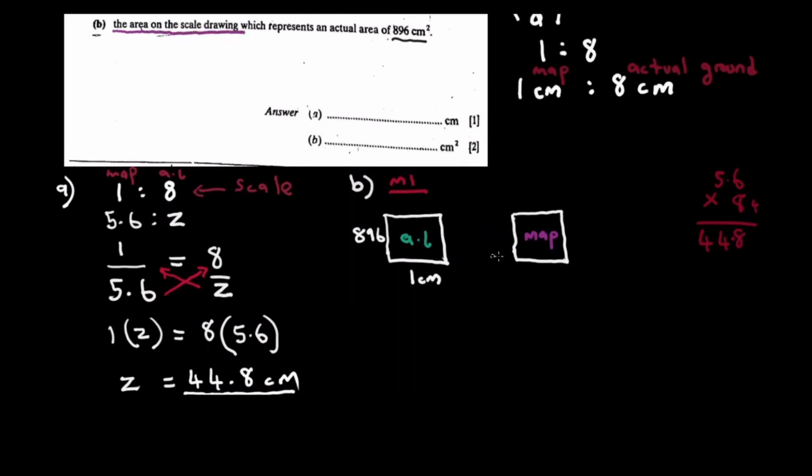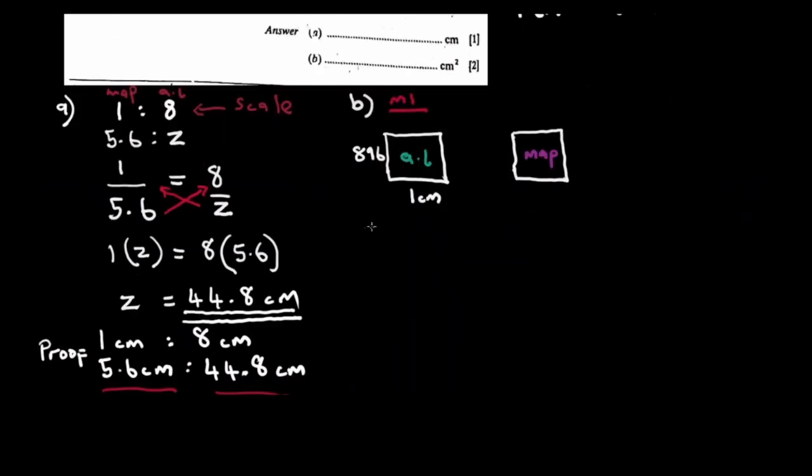So what is the scale length which corresponds with an actual length of 896 centimeters? What is the scale length which corresponds with an actual length of 1 centimeter? To solve that, we have to use our scale, which is 1:8. So let us interpret it. We are told that the length, 1 centimeter on the map, that is the scale length, represents 8 centimeters on the actual ground, that is the